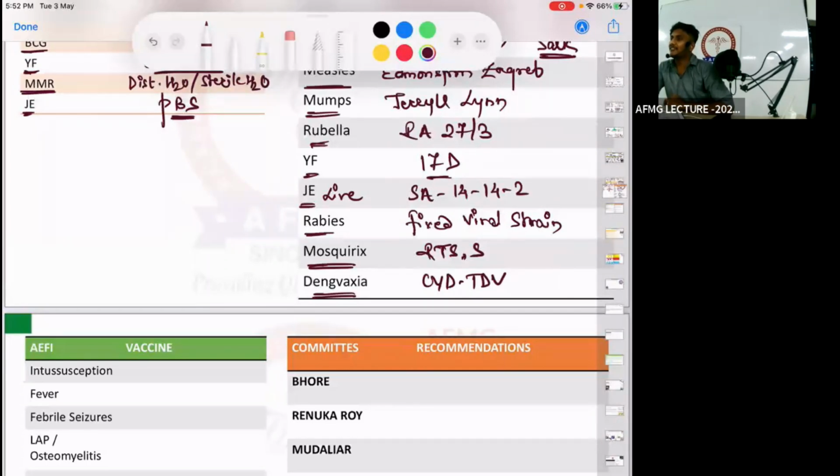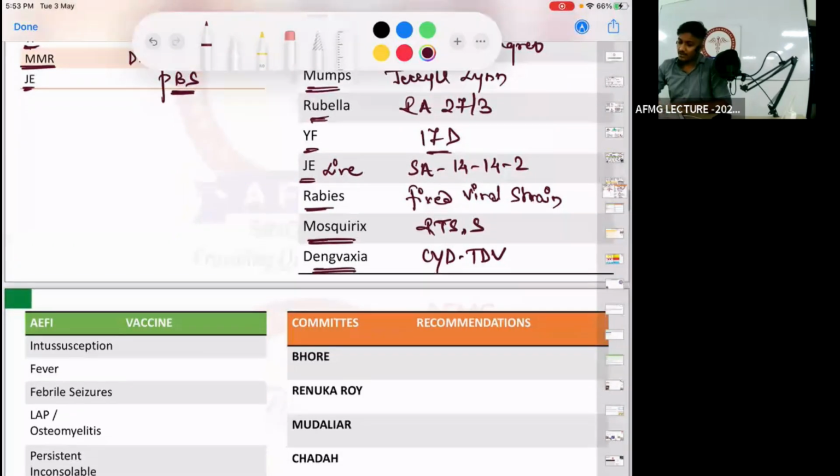Now, one question that came earlier. Dengvaxia ka strain, that is CYD-TDV, is developed from which vaccine previously? बोलो, जोर से बोलो. महिपाल जी बोलते जाओ. So it is the 17D strain of yellow fever. Please remember, Dengvaxia's CYD-TDV strain is developed from the yellow fever 17D strain, and it has been modified into D1, D2, D3, and D4 strains of dengue. No issues with this. Please remember this.